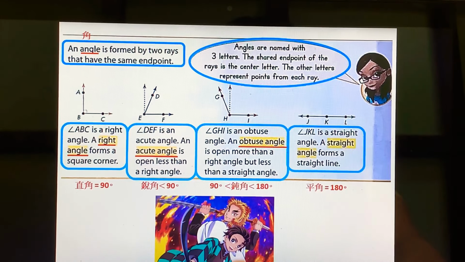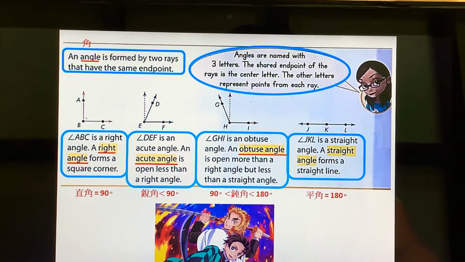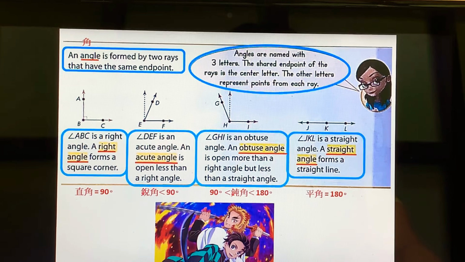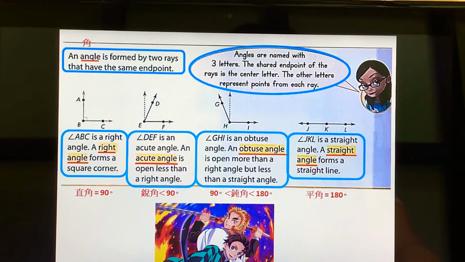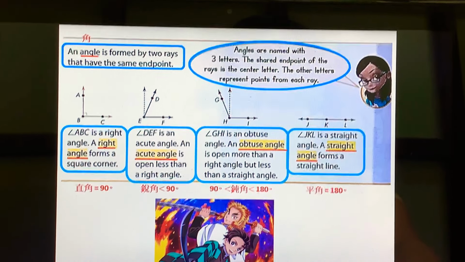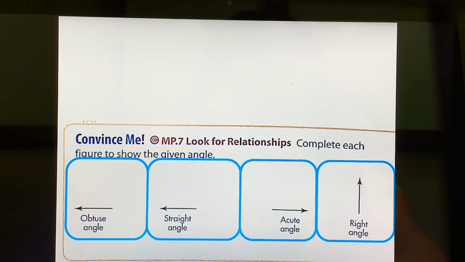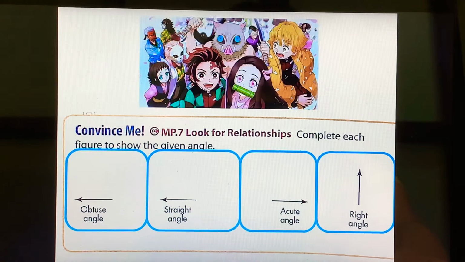Next, angle JKL. Angle JKL is a straight angle. A straight angle forms a straight line. Straight angle 平角会形成一条直线。